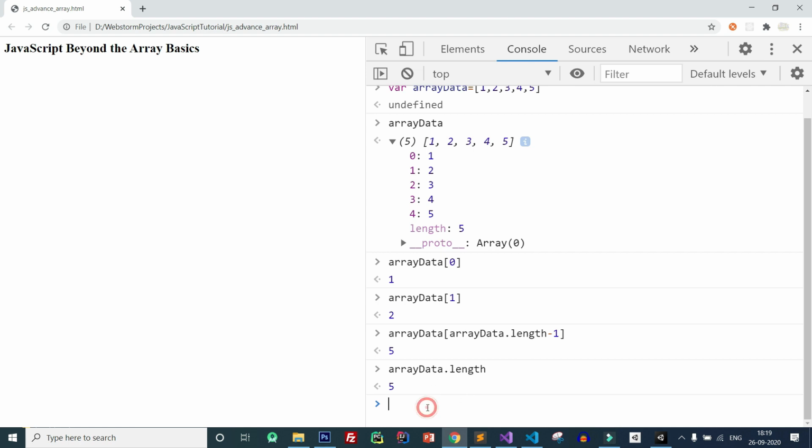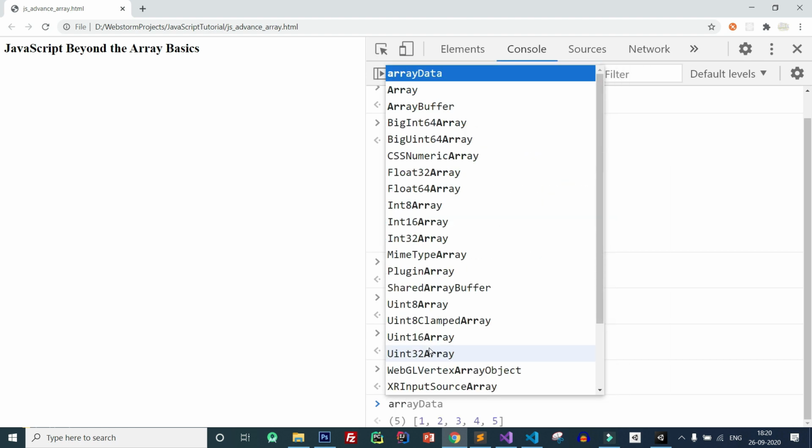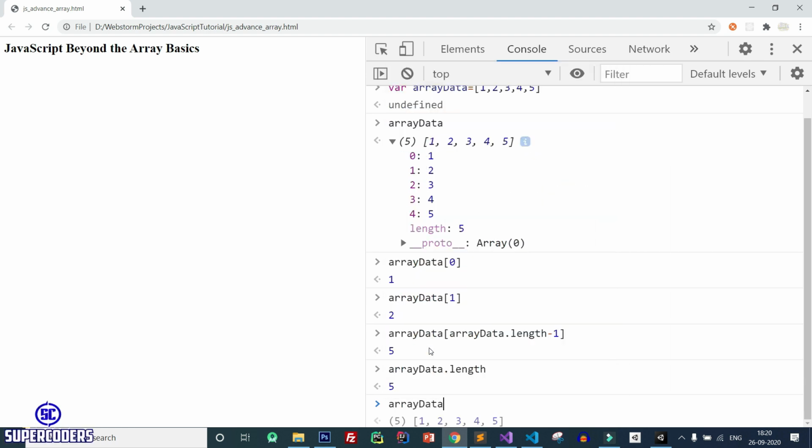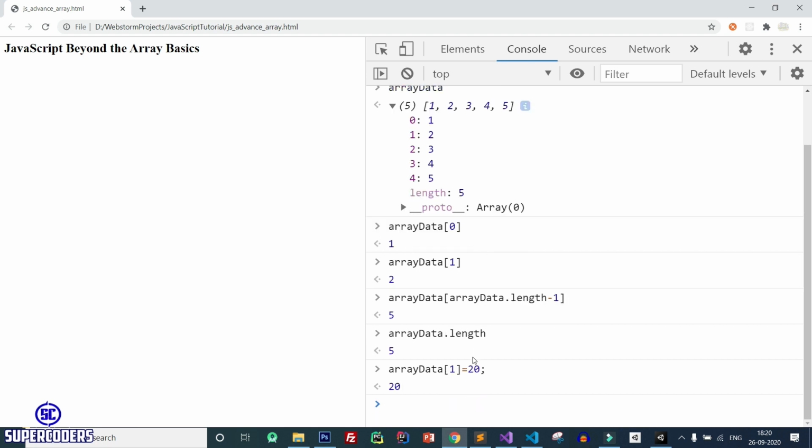Now let's see one more example, how to update the value of an array. Here at index 1, the item contains 2. So let's see how you can update this value. Simply array data, then pass the index which is 1 for value 2. Now change the value to 20. Click enter. Now again print the array data.